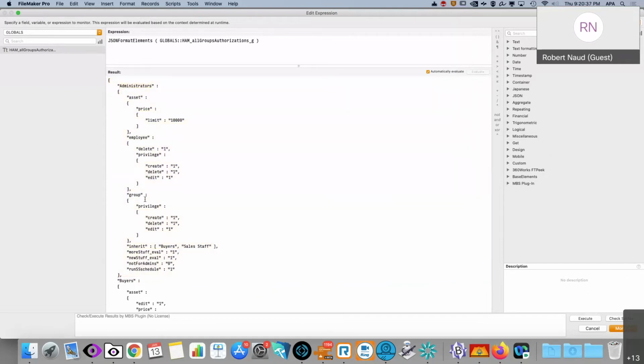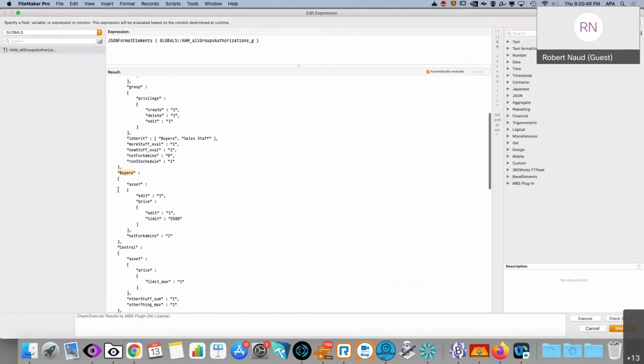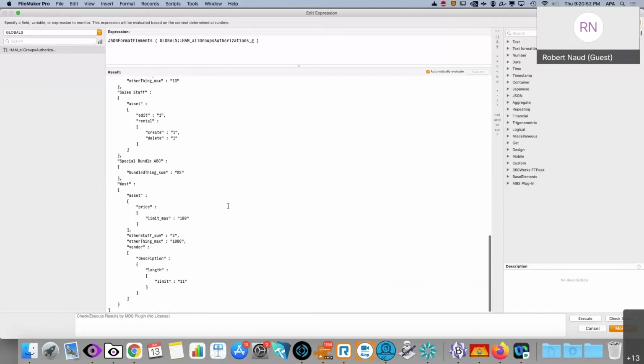They can do this, this, and that, and they inherit from two other groups, buyers and sales staff. And then, what is it that buyers can do? Well, buyers can do those things, and so on and so on. Okay, and in the setup,